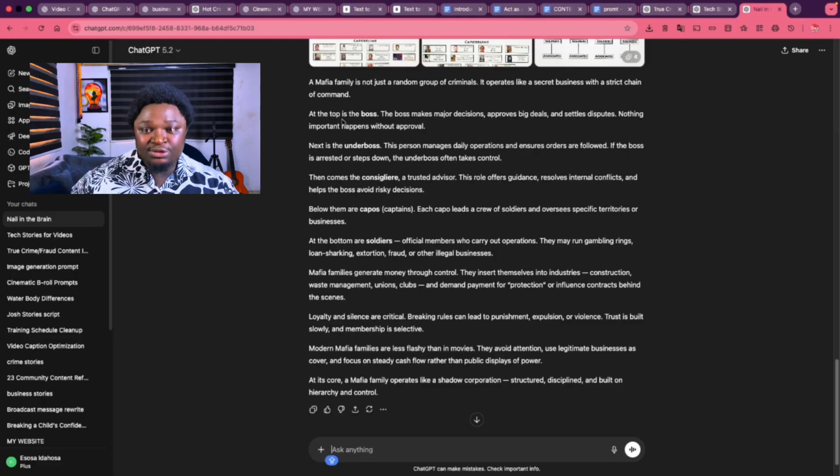Mafia families generate money through control. They insert themselves into industries, construction, waste management, unions, clubs, and demand payment for protection or a flawless contract behind the scenes. Loyalty and silence are critical. Breaking rules can lead to punishment, expulsion, or violence. Trust is built slowly, and membership is selective. Modern mafia families are less flashy than in movies. They avoid attention, use legitimate businesses as cover, and focus on steady cash flow rather than public display of power. At its core, a mafia family operates like a shadow corporation, structured, disciplined, and built